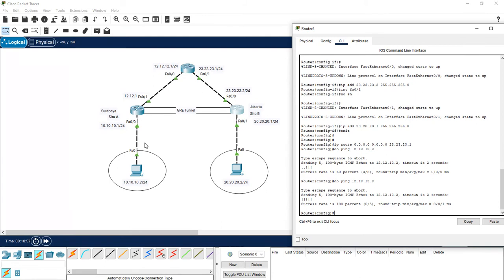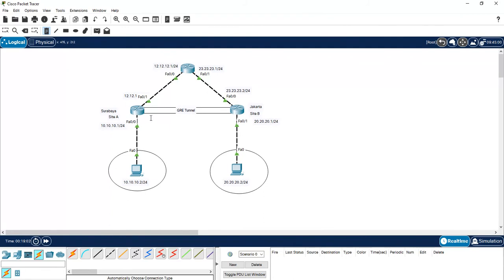The IP address for this site is 11.11.11.1 and for the other 11.11.11.2. Okay, like this.